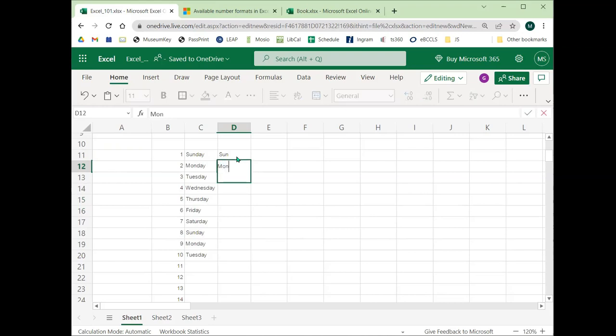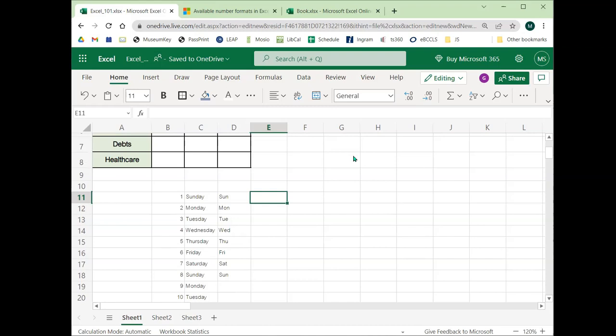We can even, I think, do it with abbreviated days of the week. If I click on these, use the autofill tool and pull that down, I get the same thing, just abbreviated. So it knows what that means too. If I do something, again, like I'm setting up a schedule, I could do something,